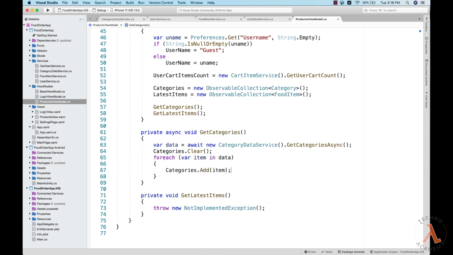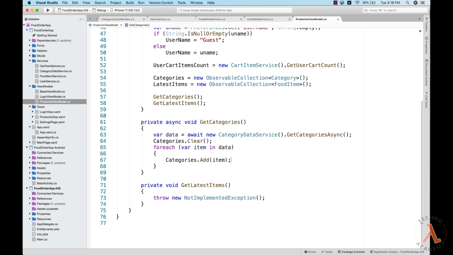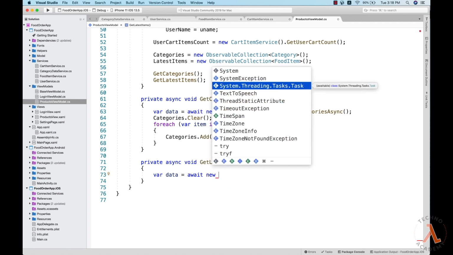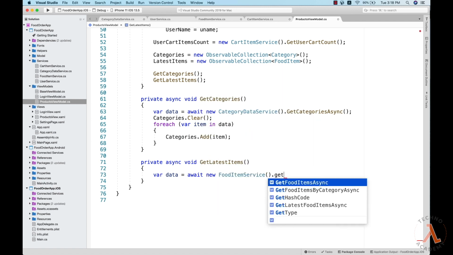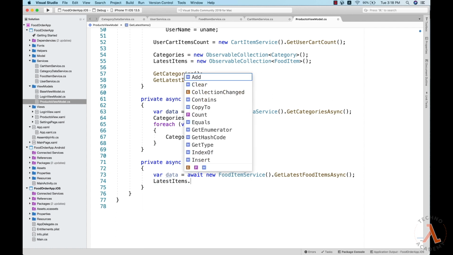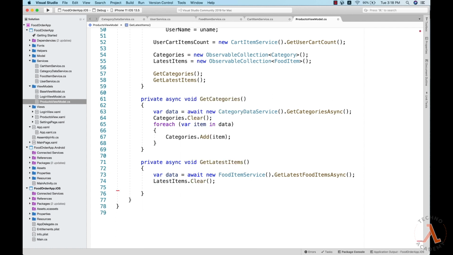Similarly, within the GetLatestItems method, let me define a variable var data equal to await new FoodItemService.GetLatestFoodItemsAsync. Let me clear the latest items collection using latestItems.Clear, and then let me define a foreach loop to add these items to the collection. So let me type in foreach var item in data, latestItems.Add(item). Once we have defined the properties,